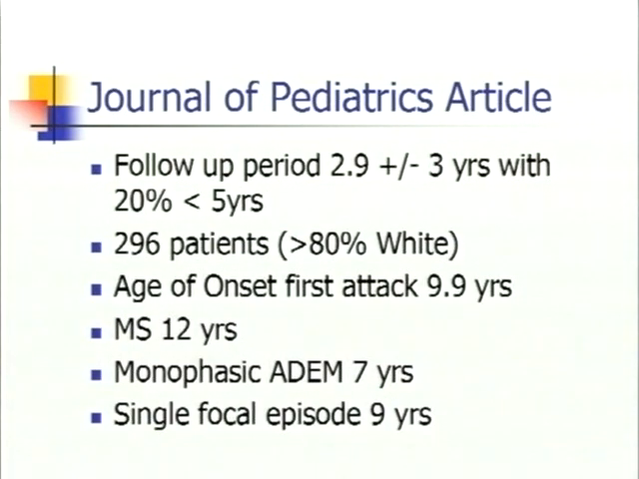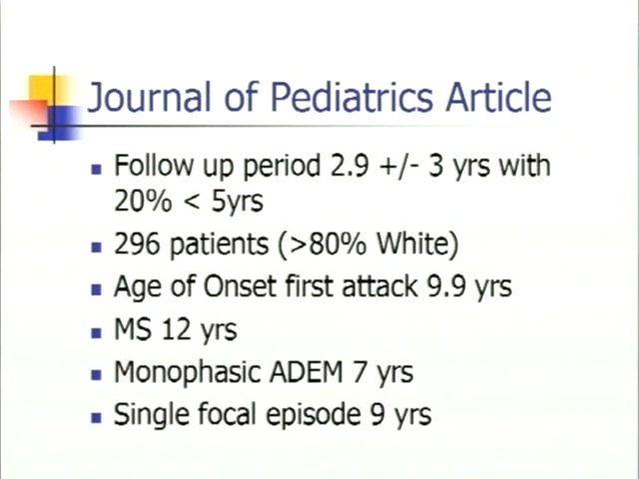But nonetheless, just looking at this, the follow-up period was about 3 years, plus minus 3 years, with 20% of the patients actually followed greater than 5 years, not less than 5 years. So there were over 300 patients, most of which were Caucasian. The onset of their first attack of demyelination was approximately about 10 years of age, but it really differed depending upon what the